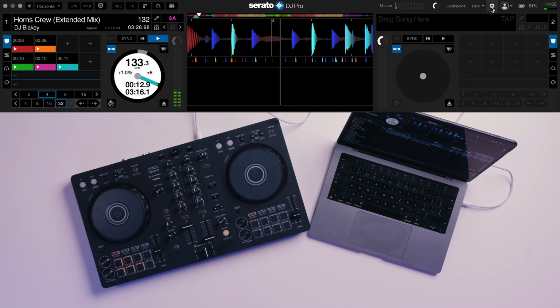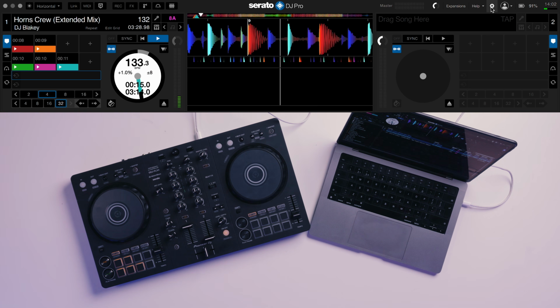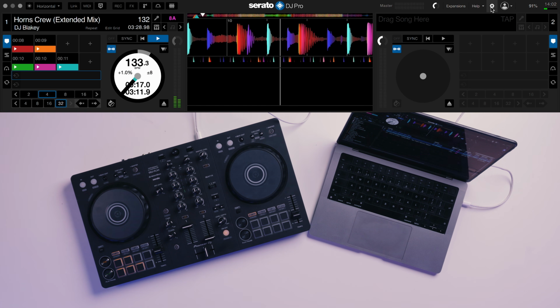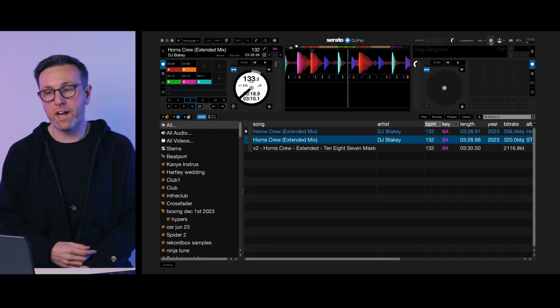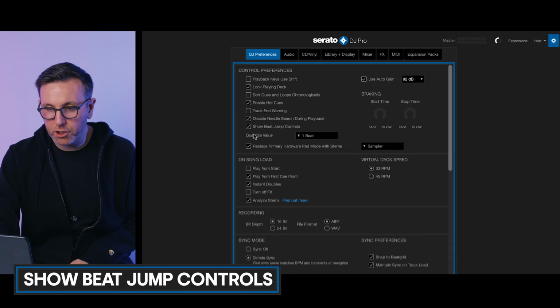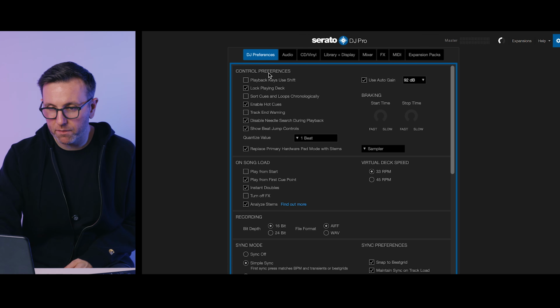For me, this is a large part of the fun of using DJ software. So my advice is make sure that this box is ticked, and then you can set hot cues on the fly as you're DJing. The next setting is show beat jump controls, which is at the bottom of the control